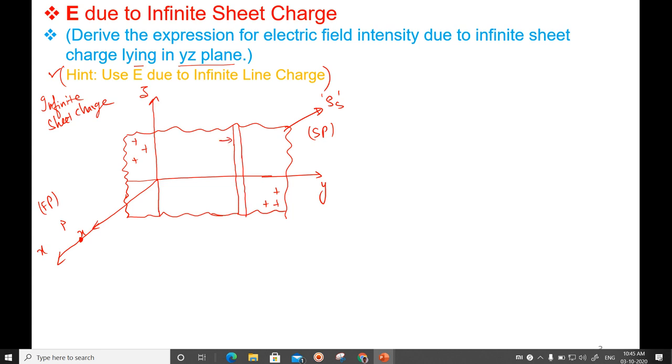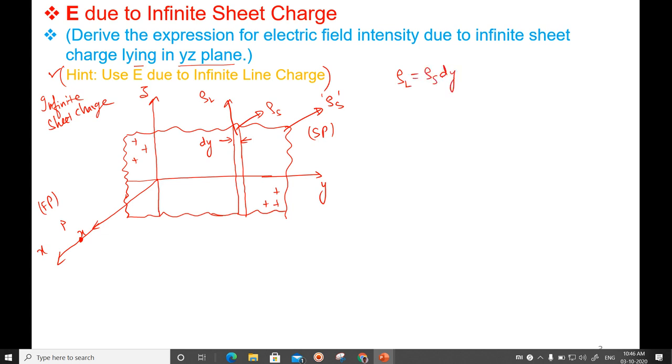So the width of the strip I will write here. Since it is placed here, it is varying along y axis like this, that's the width, because y is varying from minus infinity to plus infinity. So I will call it dy, because the width is dl, but I will call it dy. And the strip also has the same surface charge density rho s. Then I will look at this as line charge, so rho l. I want to express this line charge in terms of surface charge density and this dy strip. So the line charge density rho l is rho s into dy.